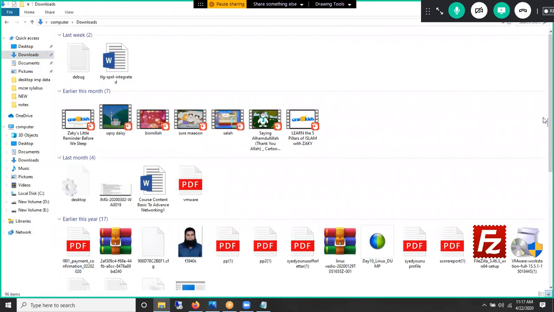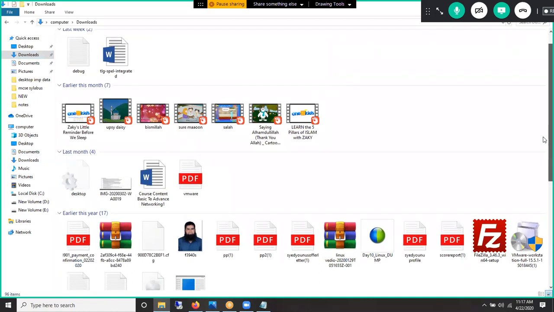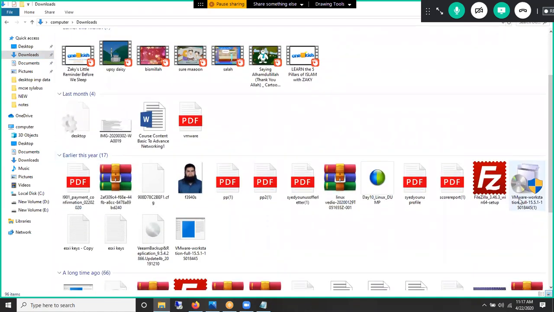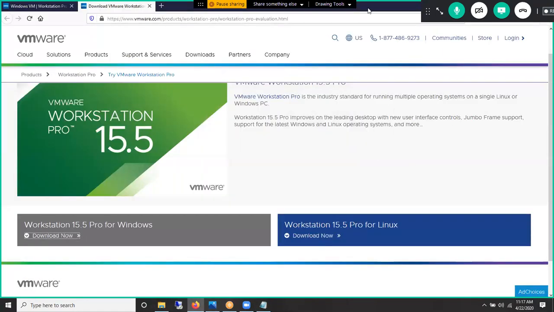How does that file look like? If I go down, you can see here, I already have this file. You have to double click, then you will be able to install that application. Installing is very simple. You have to double click and follow next, next, next, finish. Okay. So once you install,